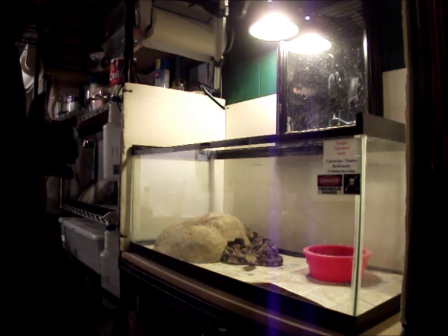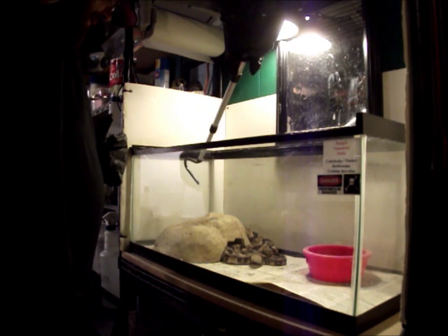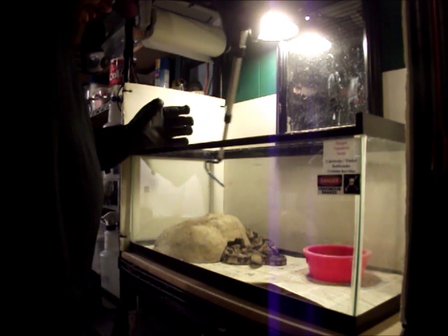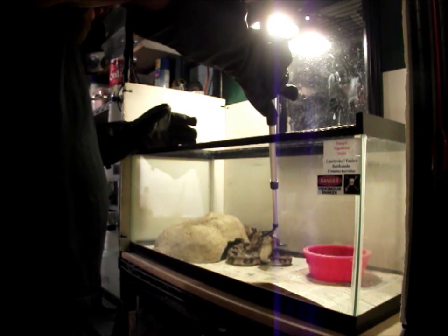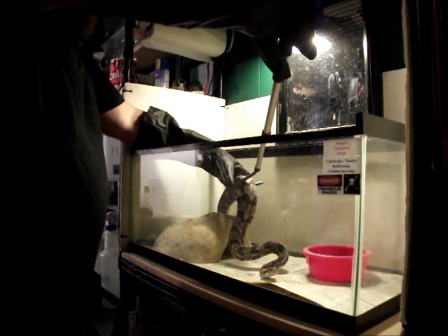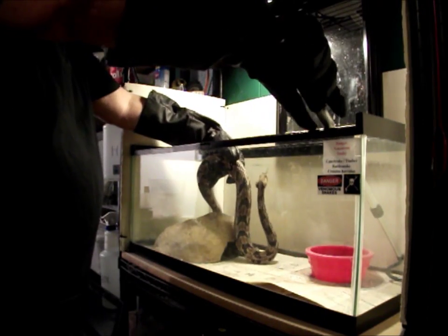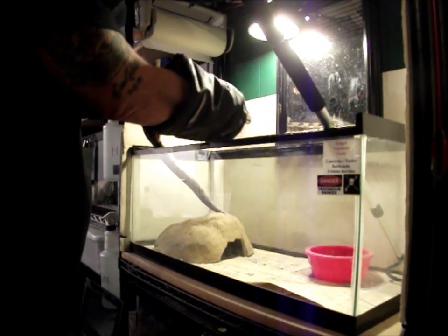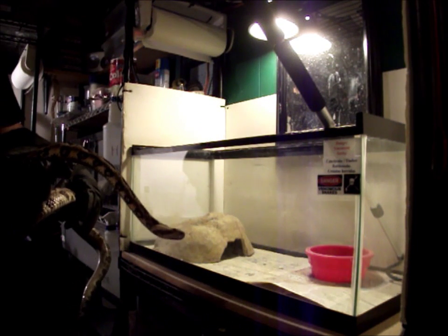So what I'm going to do is I got to move him from out of here. So I'm not going to be able to do like I did before with the other guy, because that snake was coiled up. This is not. So what I'm going to do is I'm going to hook the front part of his body, and I'm going to reach in with my Hex Armor gloves here. I'm going to grab that, and I'm going to put the stick down at this point, and then I'm going to move up my other hand to the front, and as you can see, he's not fighting or he's not upset,